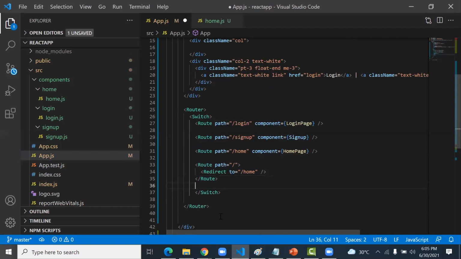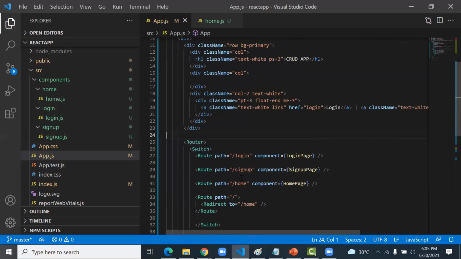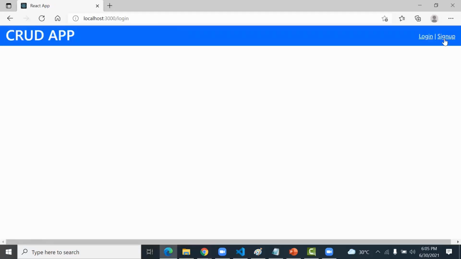In the app, SignUp is not defined. So it is not SignUp, it is SignUpPage. Yes. So when I click login, it's not showing me the default one page. Why?